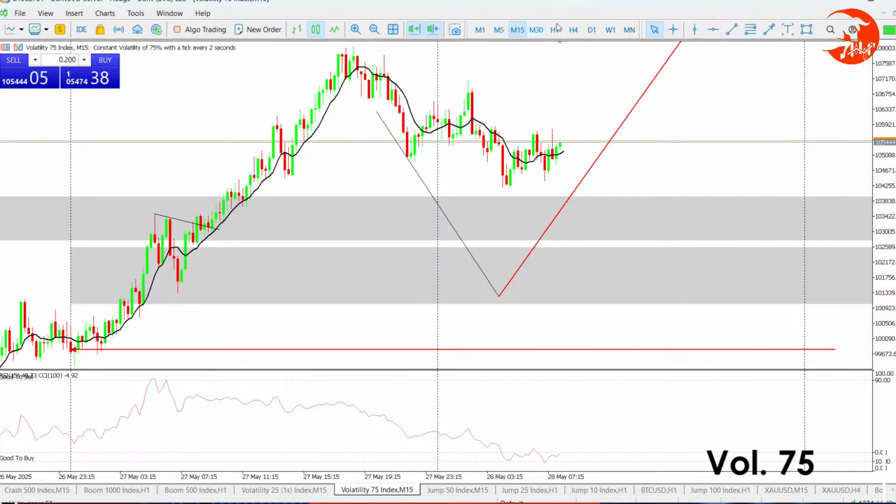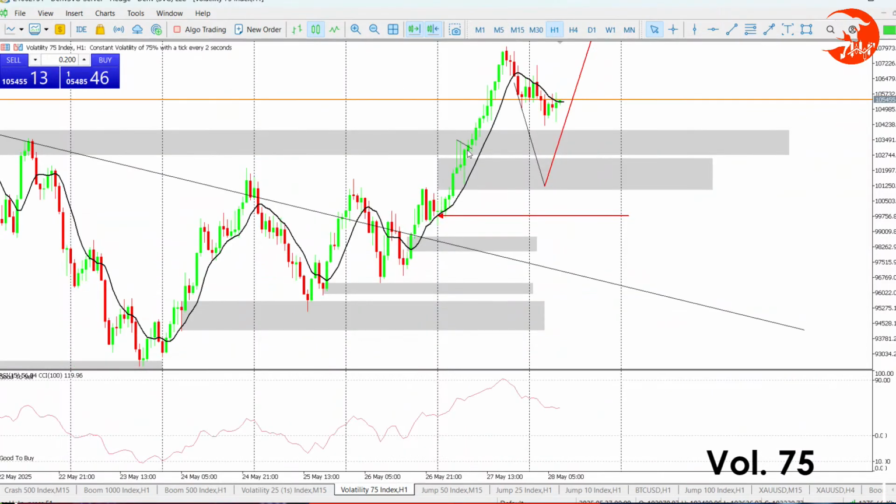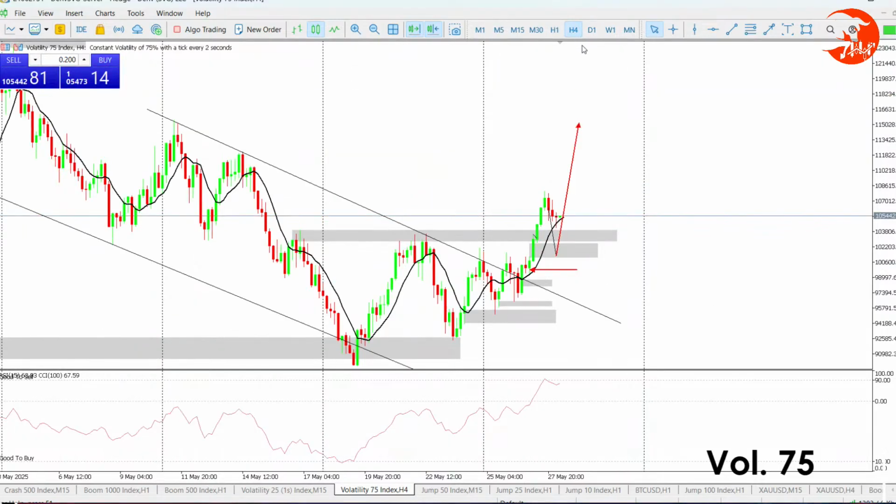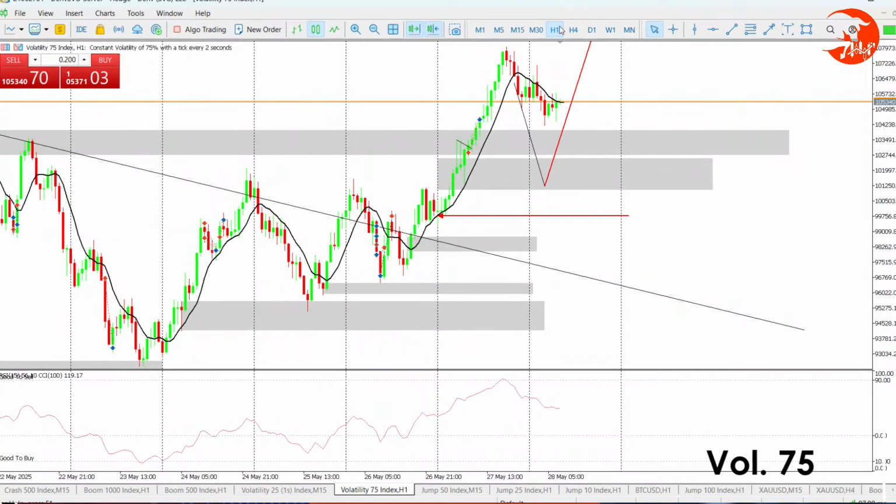So V75, yes, this one I made a loss because I was waiting for price to come around here, and then I enter sales. It kept on going to look for liquidity above there, the stop loss of the early sellers. Yeah, so I was one of those. So it took me out right there yesterday, and look at how it continued with the buys. Yeah, and clearly it reached there, and then started to get into sales.